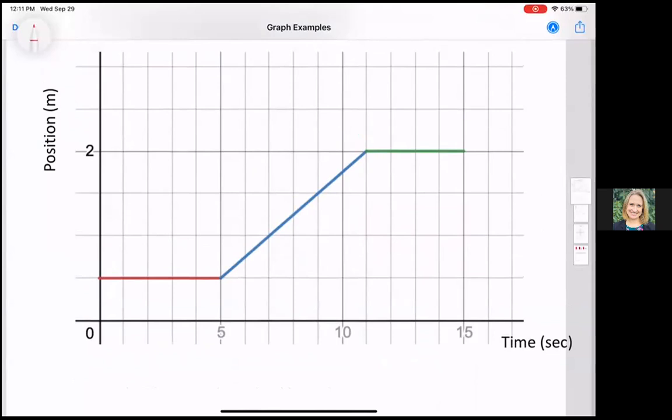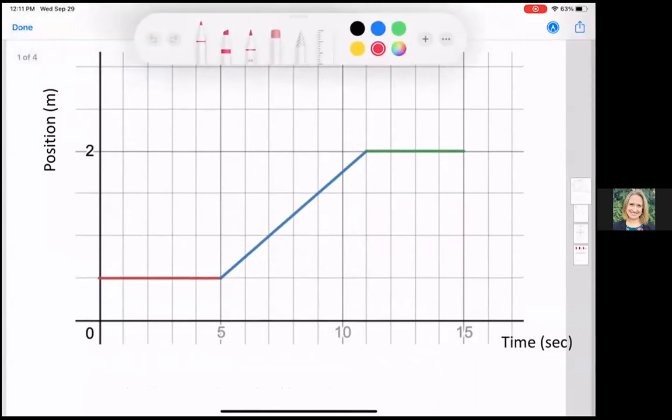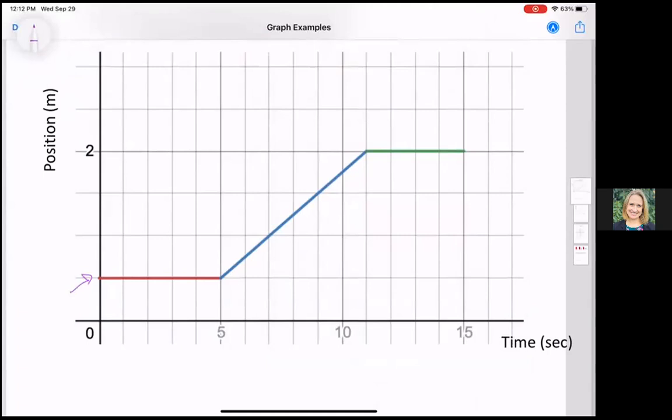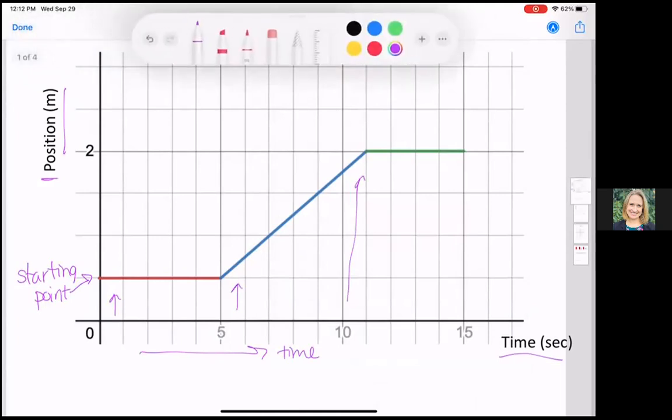So in this story, I'm going to annotate in purple, and then I'll try to color coordinate everything. So here we can see it has a starting point. And we're looking at position versus time. So as our time along our x-axis is moving, we can see our position in some cases, the y value, is changing. And so what I want us to notice is,